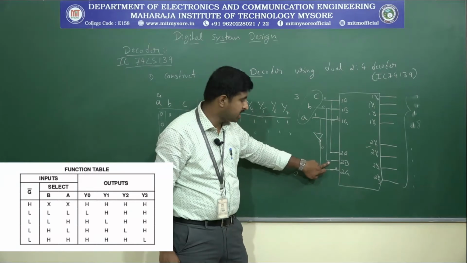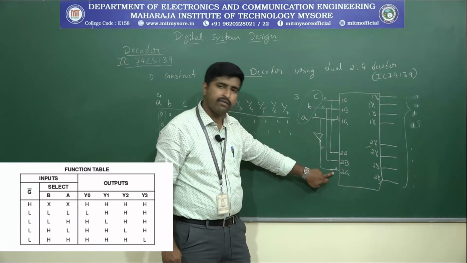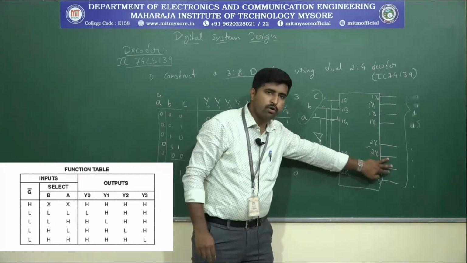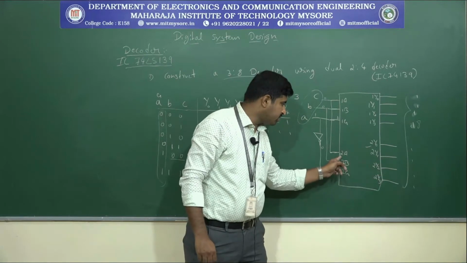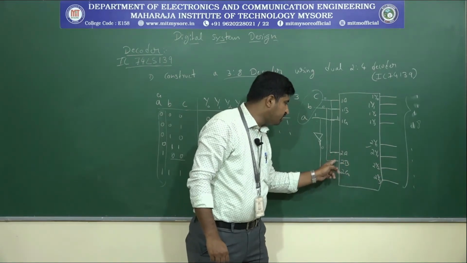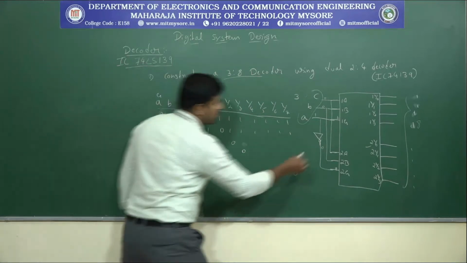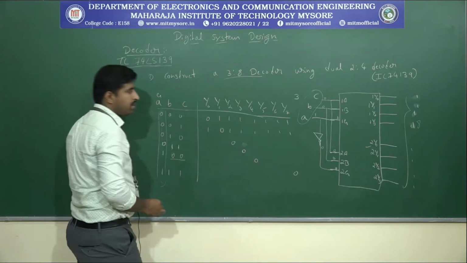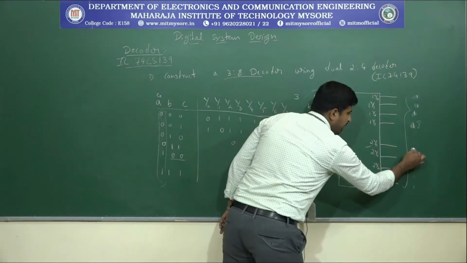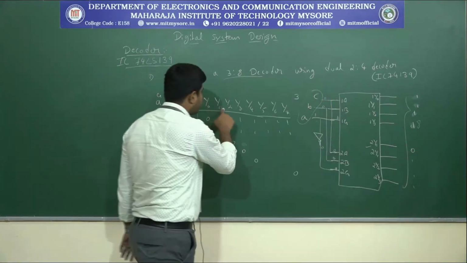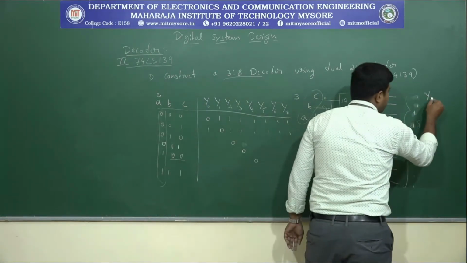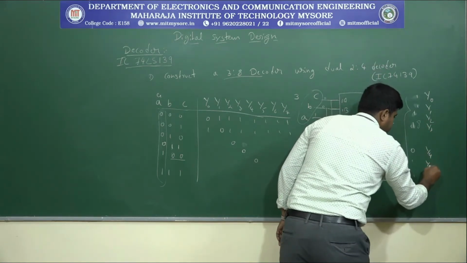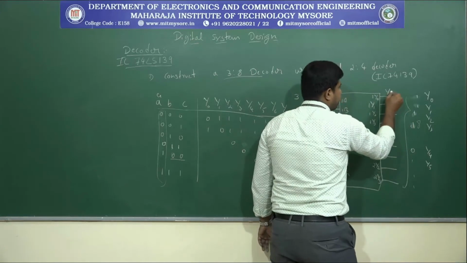The second decoder is going to change as per the input, because this is activated, because we are giving a logic 0 here. So when you give a logic 0, as per the input, this will be activated. See here, when we give 0 0, so B and C are 0 0, that means Y0 will be enabled. So these are the connections: Y0, Y1, Y2, Y3, and these are the outputs Y0, Y1, Y2, Y3, Y4, Y5.